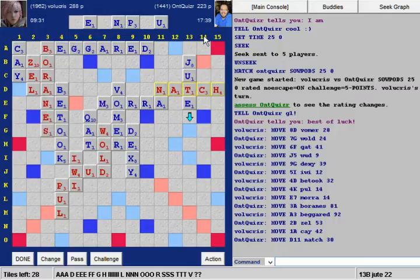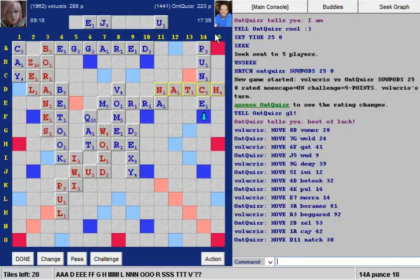Just go ahead and dump those tiles, keep decently. Well, if it's between punts and Jute, I'm getting more enamored by punts. It does block this H more than Jute. And I was just telling Kenji the other day that I'm trying to make less setups, and this is definitely like a blatant setup. It's not what I would normally do here, but